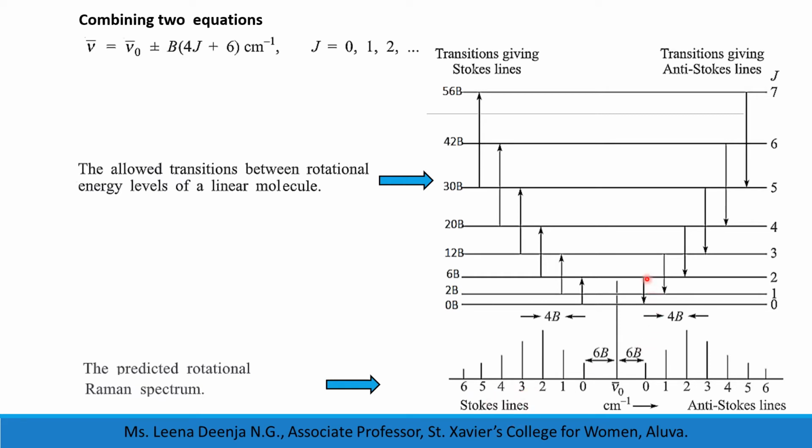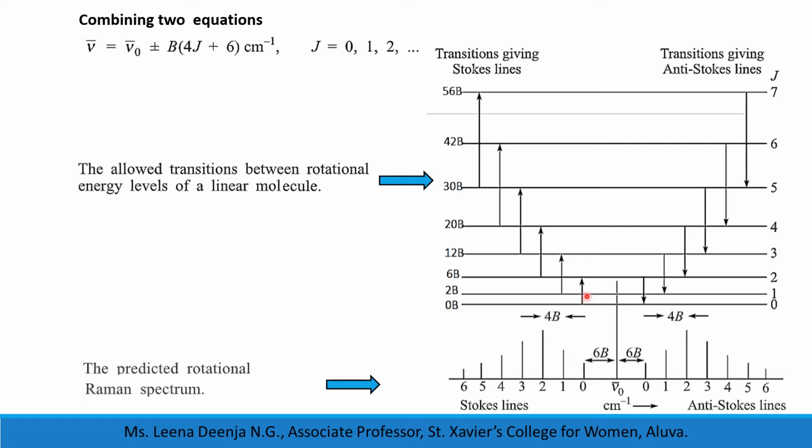And if the molecule jumps from a higher J value to a lower J value like this, then corresponding to each transition, we get a particular line in the spectrum at the higher frequency side, and we call those anti-Stokes lines. So this is the Raman spectrum, and here we can see that during this first Stokes line transition,